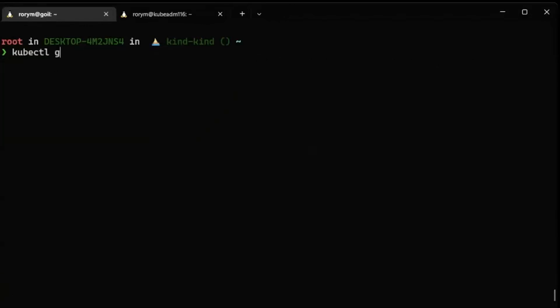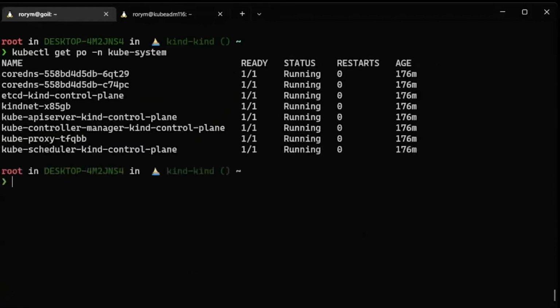In theory, we shouldn't be able to do anything. However, if I do kubectl get po -n kube-system, we see we still have all the rights we used to have. Even though the RBAC system doesn't think we've got any rights, because we're a member of system:masters, we essentially bypass that entire service and retain our access, which is why you need to be so very careful with giving anyone membership of that group.